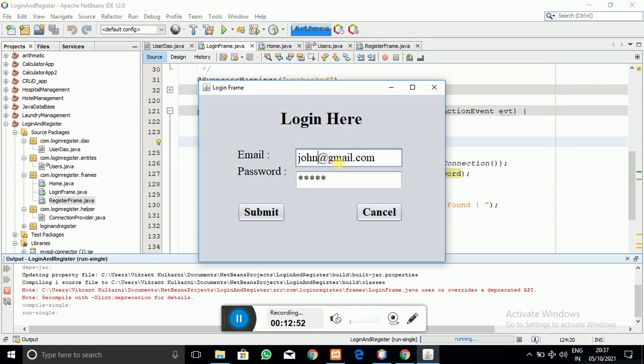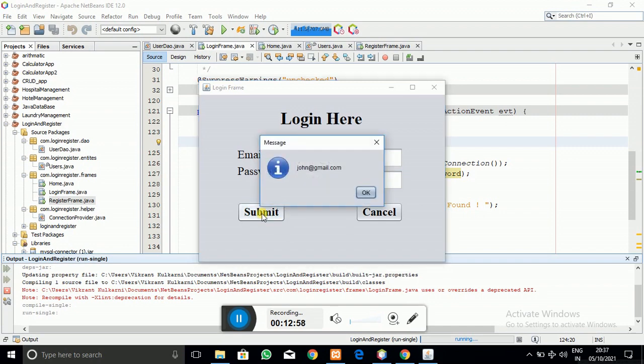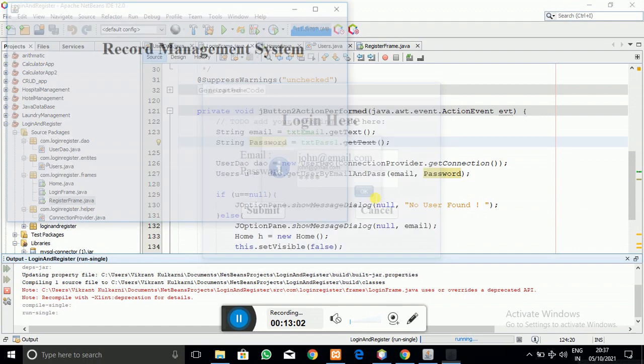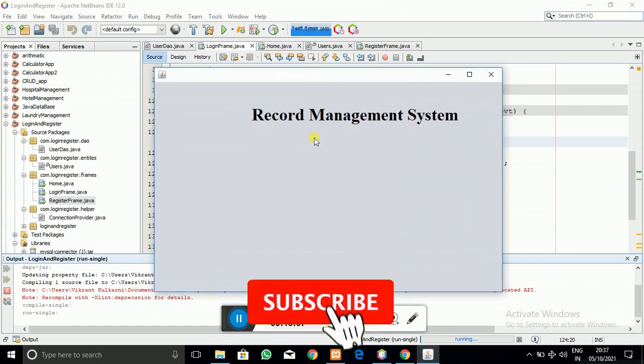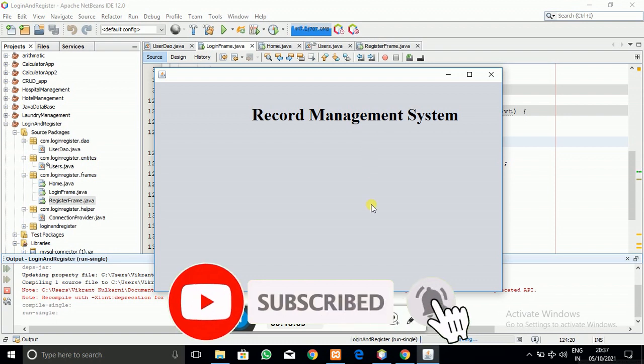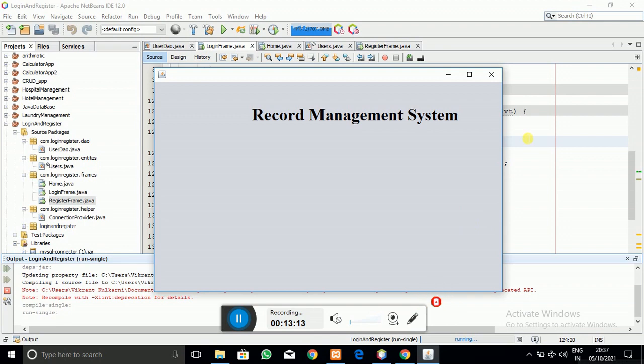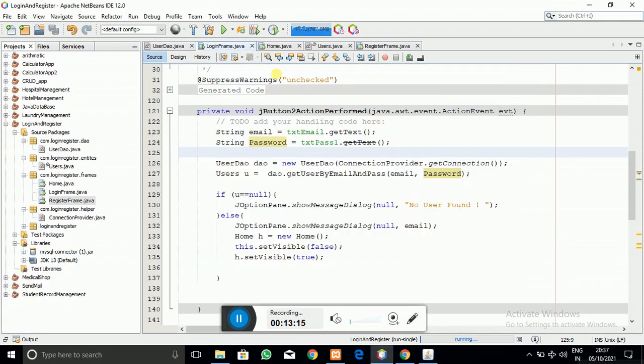Now I am going to enter the correct email ID and password, and when I click on the submit button, you can see that the email ID is going to be printed into the dialog box, and when I click on OK, you can see that the dummy home screen of our project is going to appear in front of you. So here you can see that we have successfully coded our login and registration module. You can see that. So that's it for our tutorial.